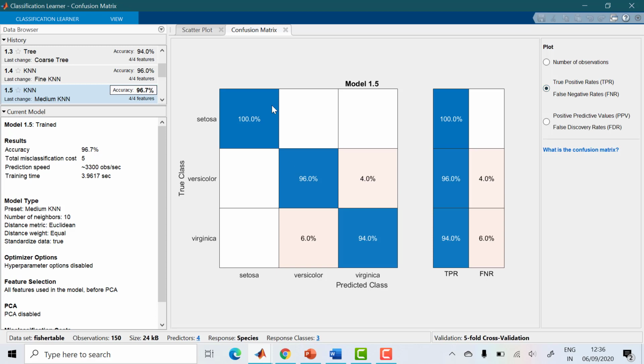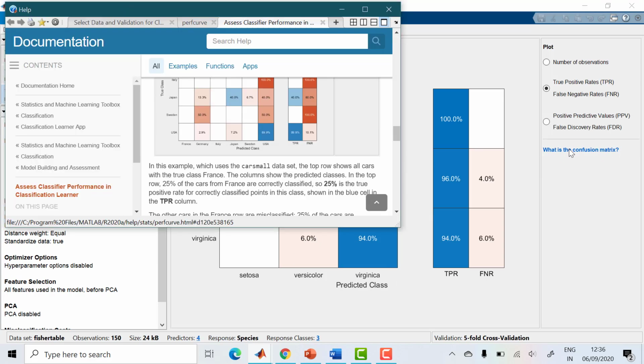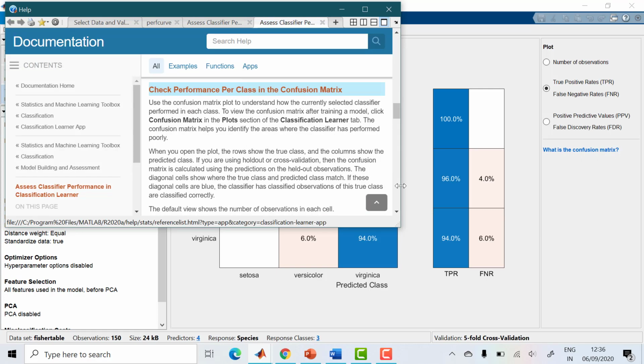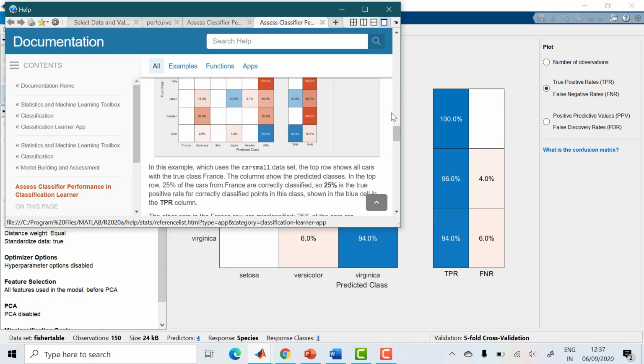So you should understand that the confusion matrix is one thing we can use to analyze whether the selected model is good or not. So first we selected the data set, second we selected the classifier, then we trained it. Now how good the trained model is, we are seeing from the scatter plot and confusion matrix. So in the confusion matrix, the diagonal elements should have a higher percentage compared to the off diagonal. If you still want to study what a confusion matrix is, you can click on the right side, what is confusion matrix. It will give you the documentation. What is the meaning of this confusion matrix? You can see here.